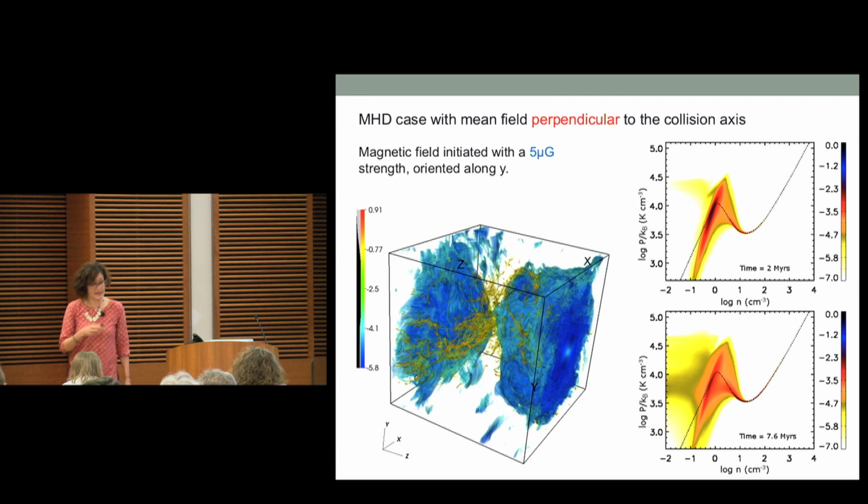And this is the corresponding case of 2 colliding shells with a magnetic field perpendicular to the collision axis. In this case, you see that on the surface of the shells, you don't have any preferential formation of cold clumps or filaments, but you do affect the global stability of the medium by providing the extra pressure because of the shocks. So you do not form any significant amounts of dense gas either.